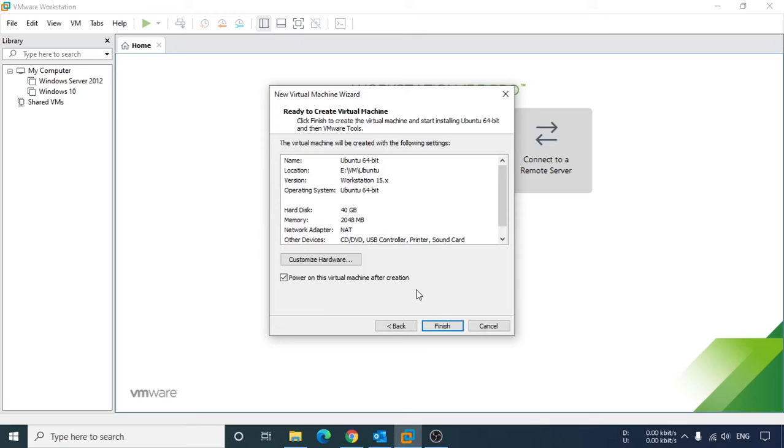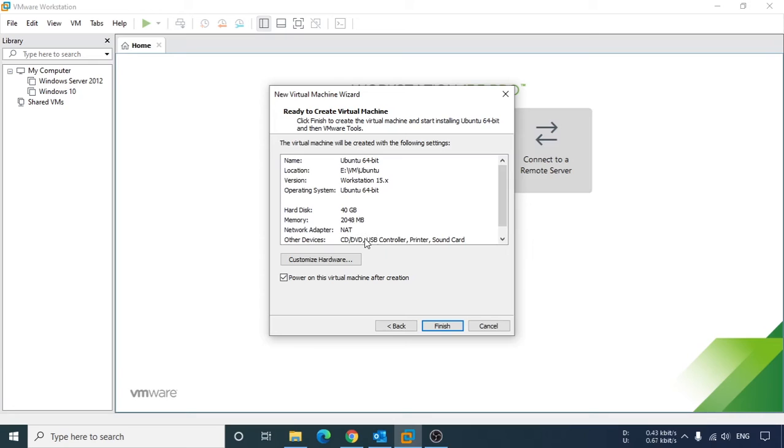Once I have clicked on the Next button, it shows your virtual machine settings, like the virtual machine name, the virtual machine location, the VMware Workstation version, then the operating system, the hard disk, RAM, and the network adapter.